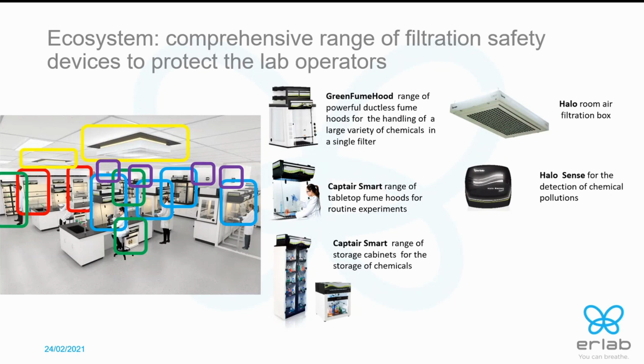We also have a real-time monitoring system called HaloSense. The HaloSense will detect the presence of specific chemicals in the laboratory. This device can be set in the laboratory, of course, but can be set, for instance, in a storage room or in an alleyway close to a laboratory, and will trigger an alarm when a specific level of chemical presence is detected. So you can take action to